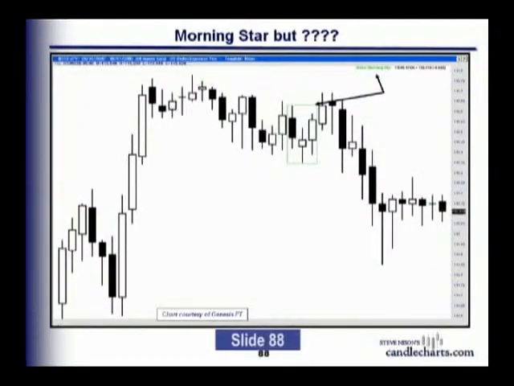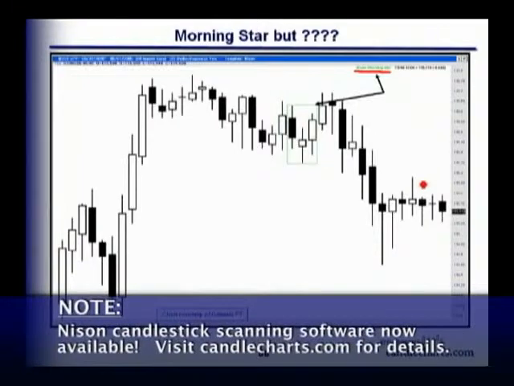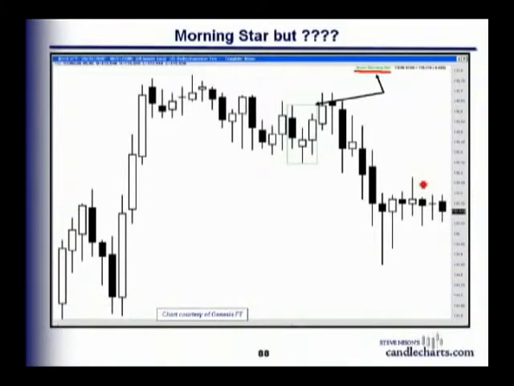Okay, here we have a morning star, light green. By the way, the arrows here, we're in a beta test now of the scanning software, and on the top there, the arrow says morning star. So what I did was I said, okay, find the morning stars in, I don't know what this is, this might be euro, in the dollar yen. And it highlights it. So you have the green rectangle, maybe a little hard to see there, but it just picks out the morning star based on my definition. So the trend was down.